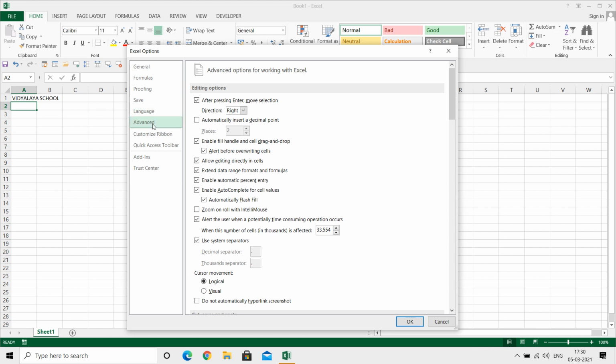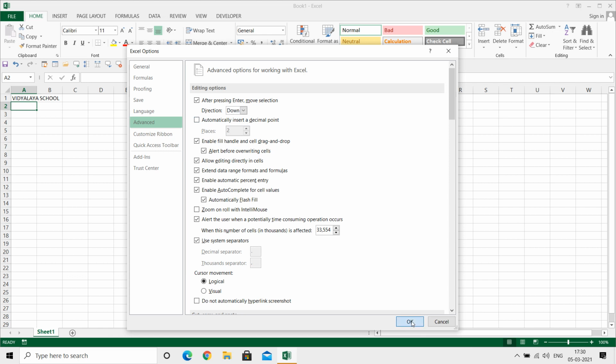Click Advanced. When you click Advanced, there is a panel appearing here, right? So here, after pressing enter, move selection, it is showing. Right is already selected. That's why when you hit the enter key, it's going to the right. So here you select down, and then say OK.